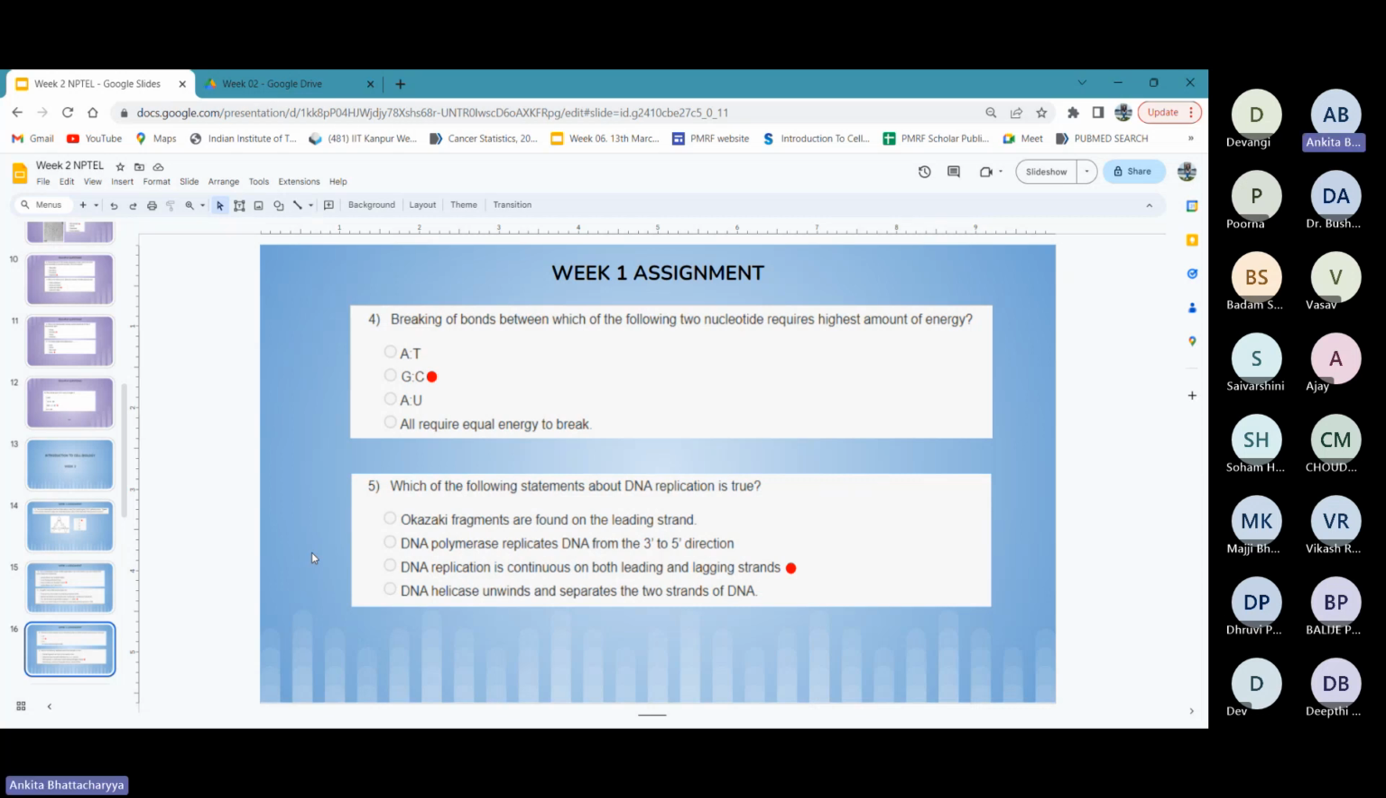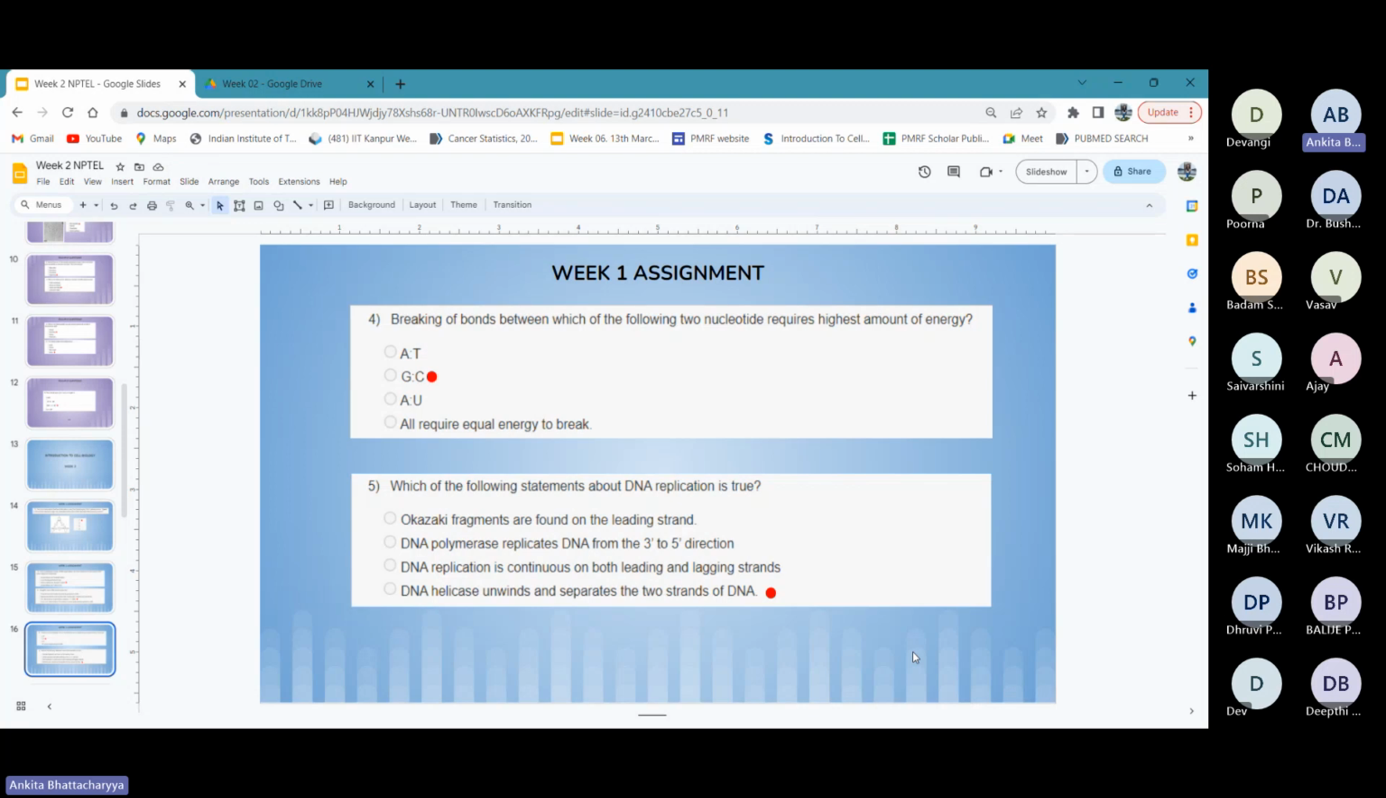Following that, DNA polymerase replicates DNA from 3' to 5' direction, which is again not true. If this was the case, we would have continuous DNA synthesis on the lagging strand and not vice versa. Then DNA replication is, sorry, something is wrong here. I've selected the wrong option. DNA replication is continuous on both leading and lagging strands. This is also not true because DNA replication is obviously discontinuous on the lagging strand,